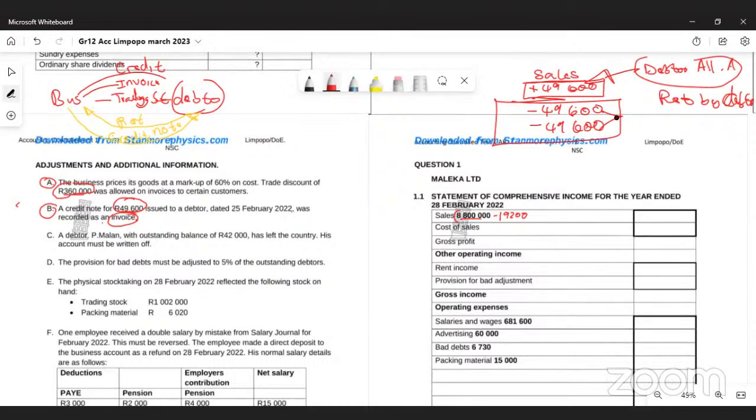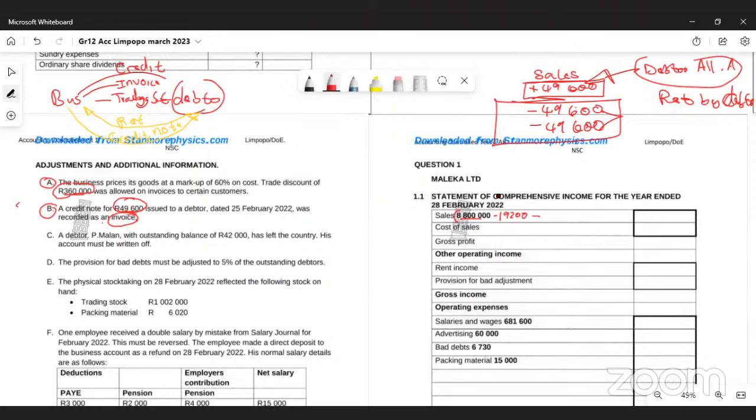How do we correct that error? You will record that amount on the correct journal or on the correct side twice. So we will correct that error by doubling that figure. So we will subtract it double now. The 49,600 multiplied by 2 will give us